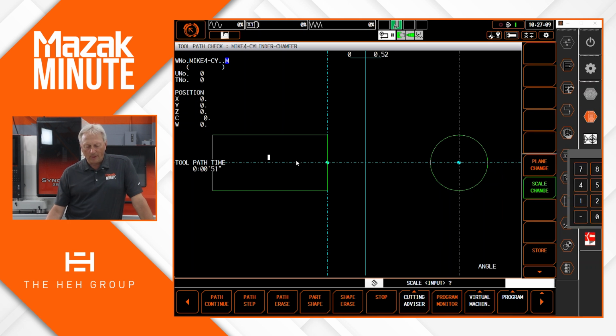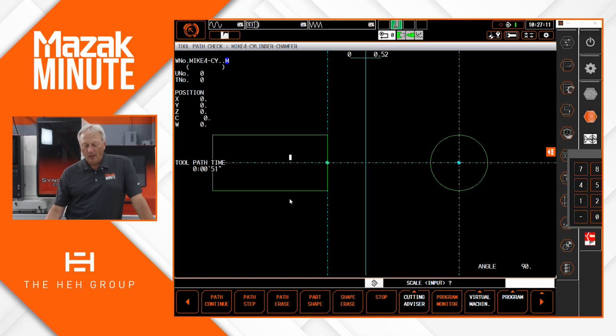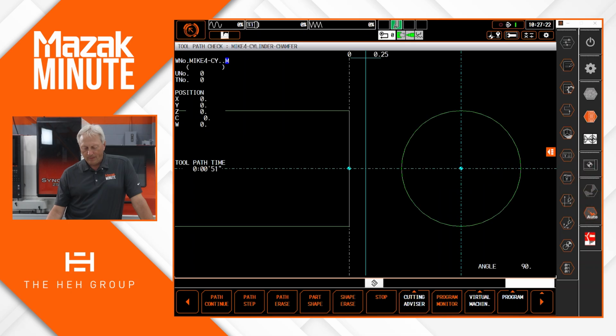And my hole is about 3/4 in. It's someplace about here. If I look at the top here, I see it's at 0.52. So I'm going to go ahead and change that scale to 0.25. I'm going to go ahead and hit input. And you can see how that opens it up. If I do a part shape, you can see I see the hole. And what I want you to notice is that I'm at C 90 degrees and the Z 3/4, X 1 inch. As I hit step,